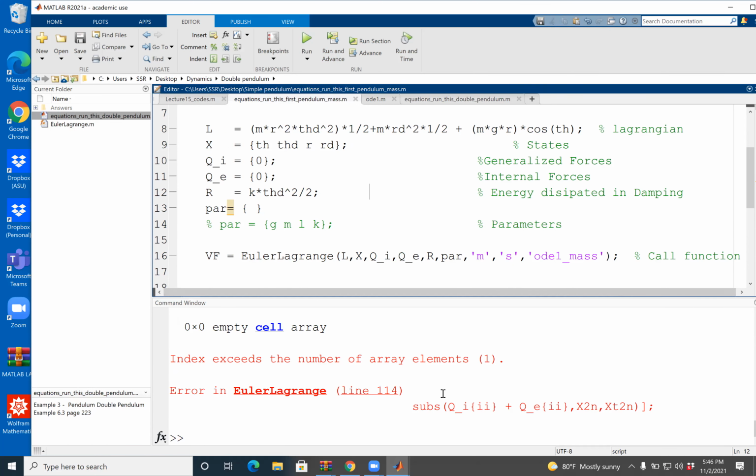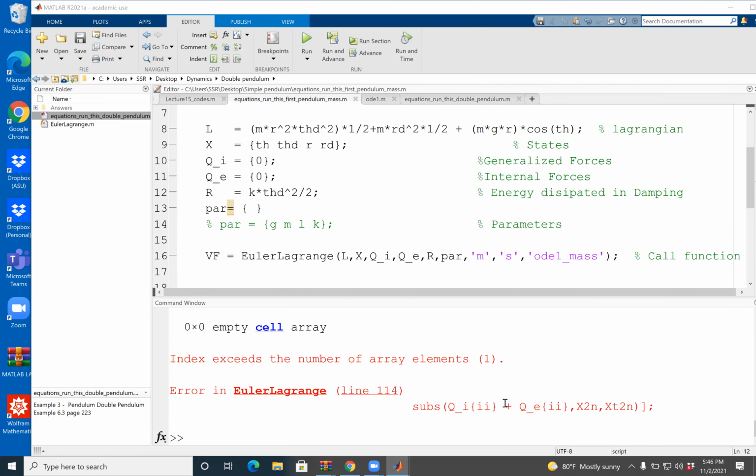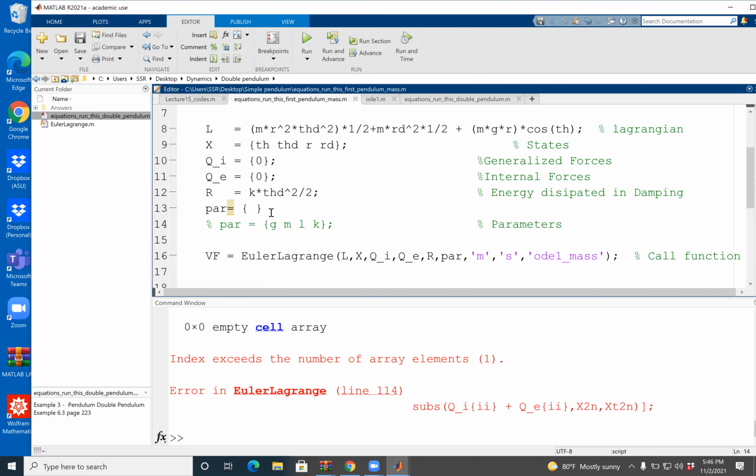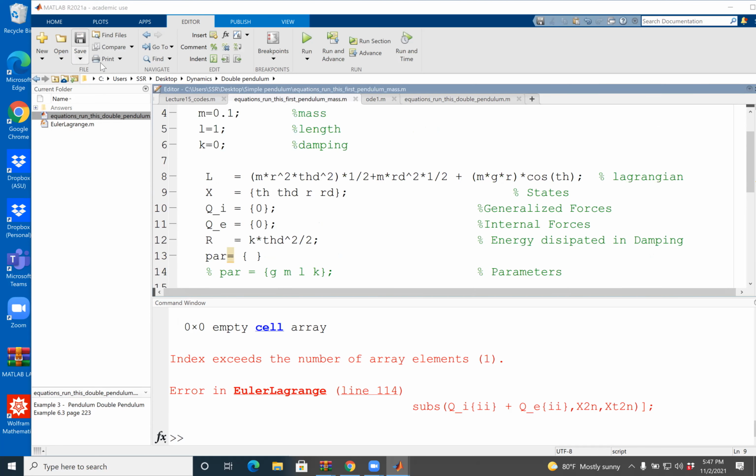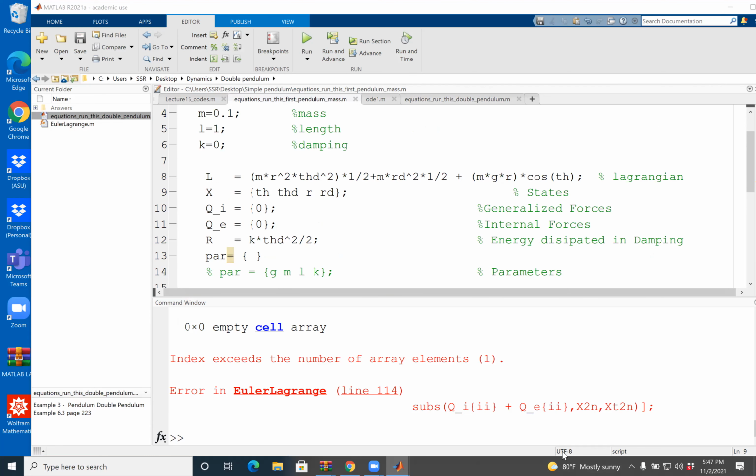I'm out of time. No more time to debug, but states R, TH. And then I will please try to work out this problem, or I will post the solution online. That is for today. I'm going to stop here.